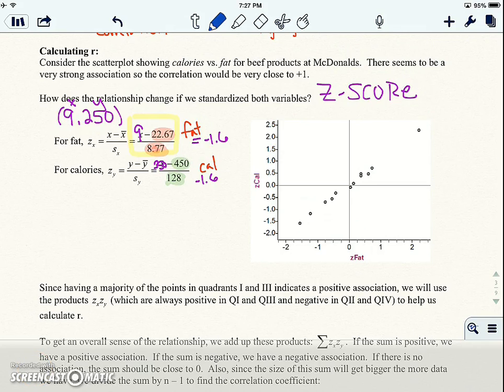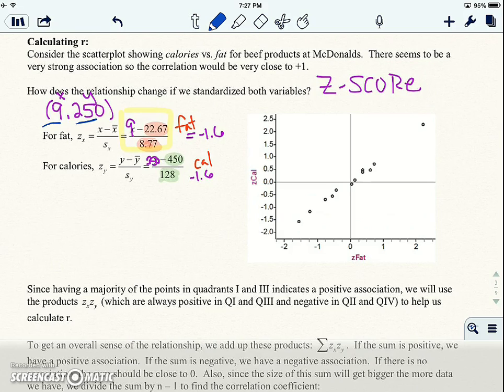It cut off. I had just found the z-scores for the McDonald's piece of meat that had fat of 9 and calories of 250. It was a coincidence that they both had a z-score of about negative 1.6. So I'm going to look first on my x-axis for fat. Negative 1.6 would be here. And on my y-axis, negative 1.6 would be here. So this is actually the point